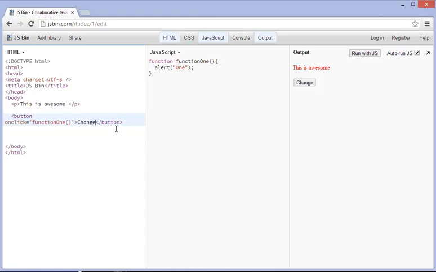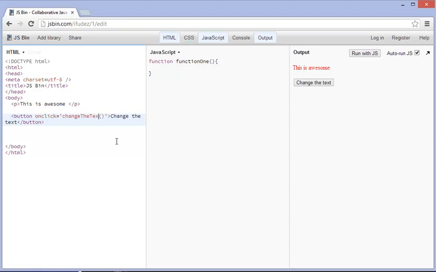One is very ambiguous. You don't know what's going on, but if you say change the text, the user knows exactly what that's supposed to do. Now if we click on this, it still says 1 because that's what's in the JavaScript file. Now if we go ahead and delete that. Just for argument's sake, it's better to name your functions appropriately as well. So function 1, 2, 3 is not exactly the best way. You want it to say,